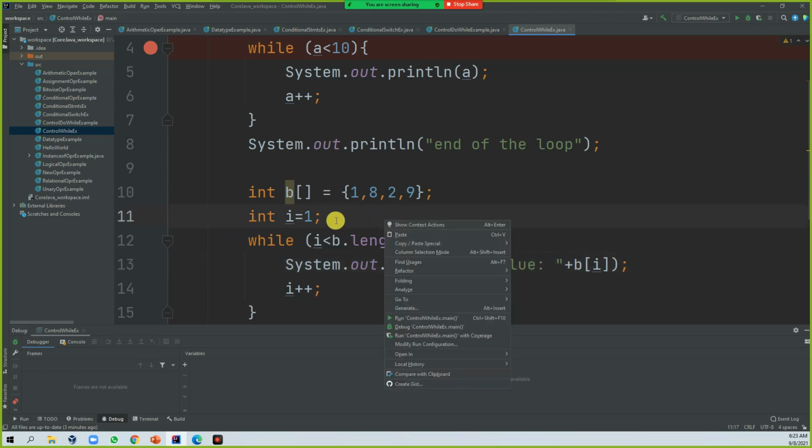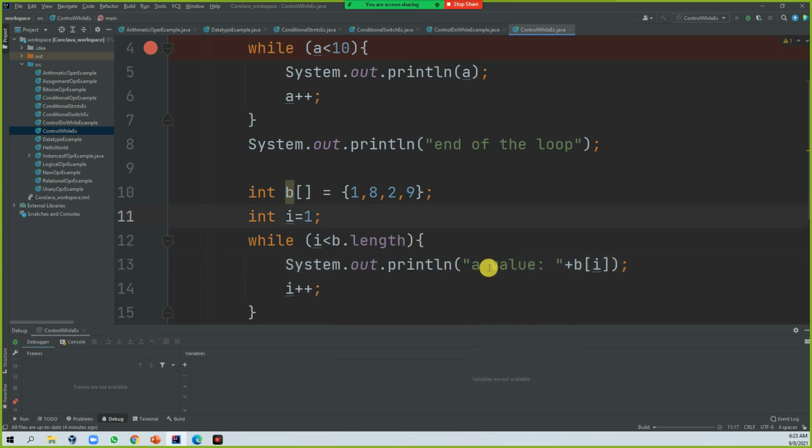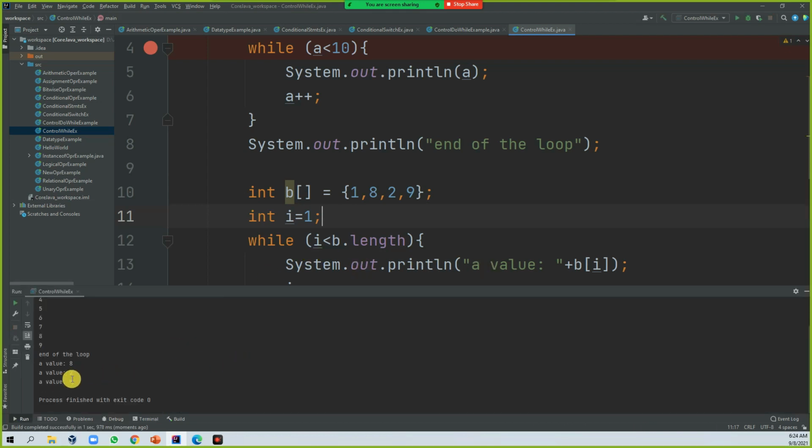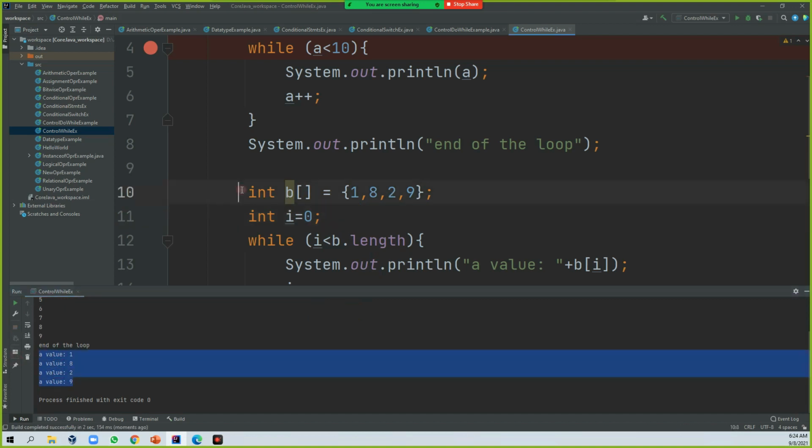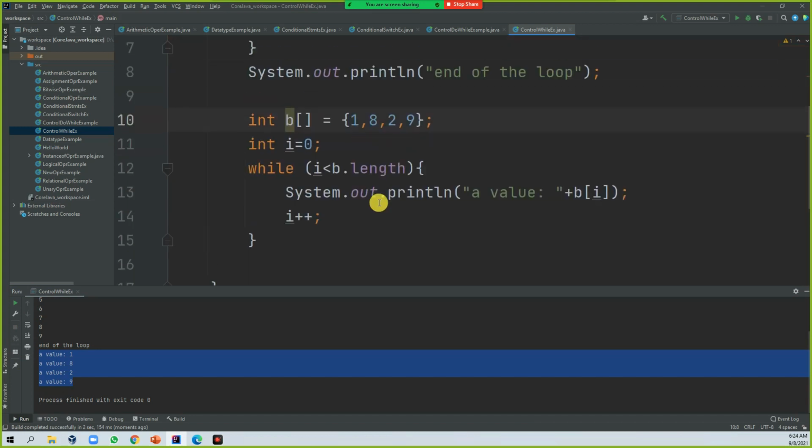If I run it, see, these are the array values: 8 to 9. Usually an array starts from 0, but I gave it as 1. That is the reason the first element was missing. If I change it to 0, then the first element also comes: 1 8 2 9. So this is the way you can retrieve the values from a set of array elements. Okay, so similarly do while also,